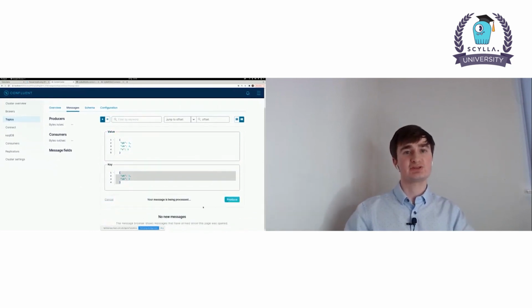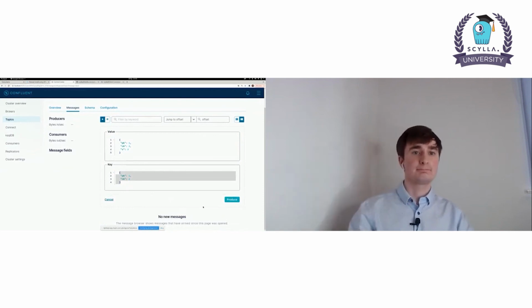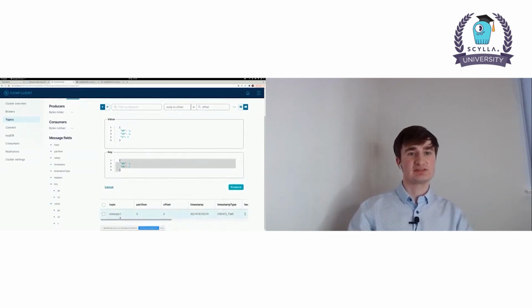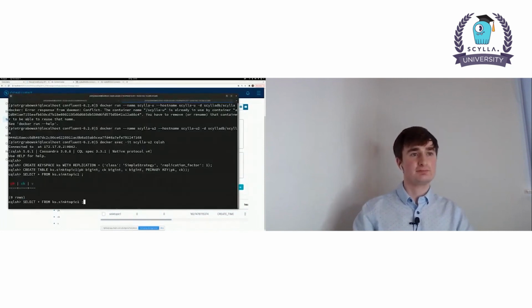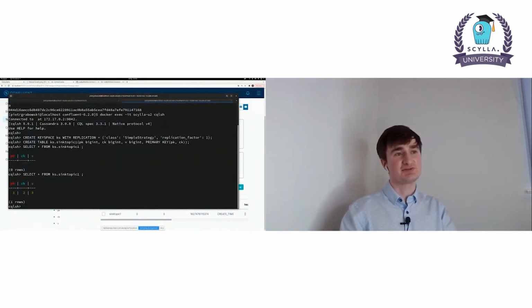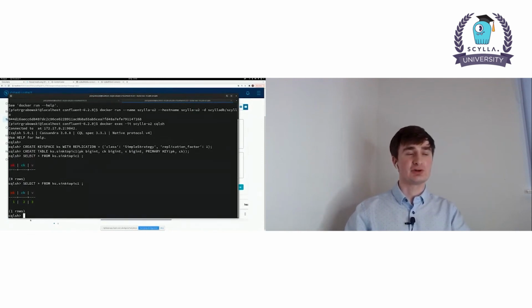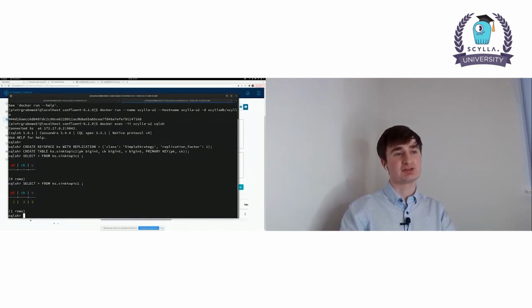If we produce the message, it was sent, as you can see below. And if we go back to Scylla, now this message has been successfully inserted into the Scylla table, and the connector is still listening for new messages. And you can use the connector to insert many millions of rows.